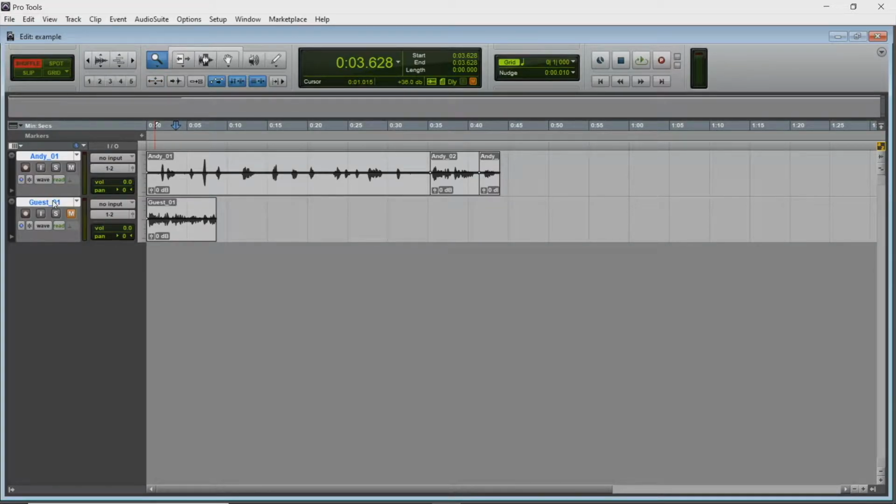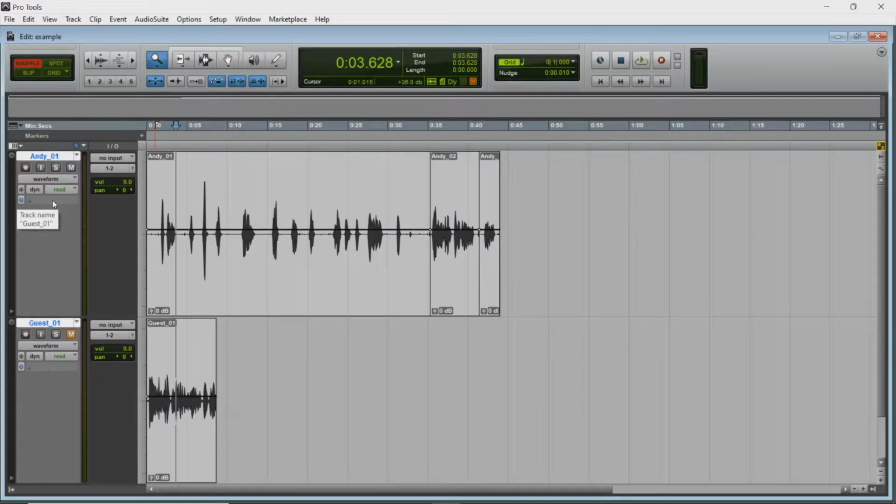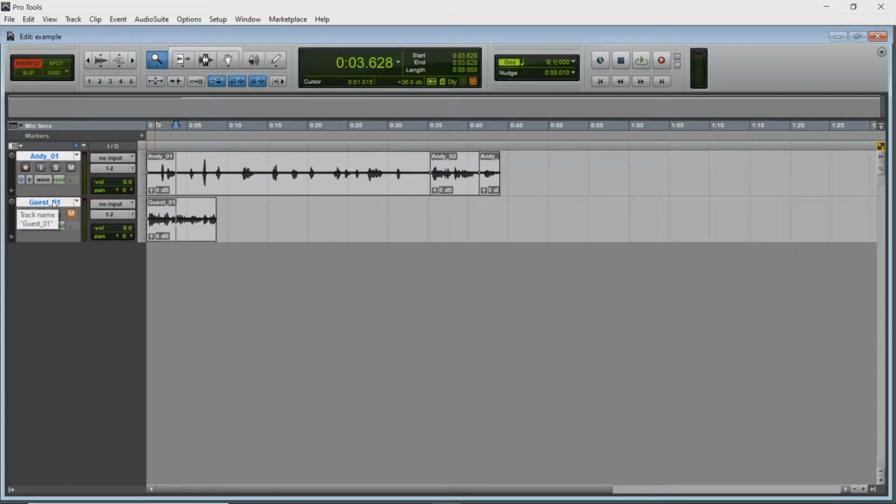If you have both tracks enabled, I'm using a shift click to select more than one track. And I hit E, so that's a quick way to zoom. You can just toggle, see the big picture, select a part,